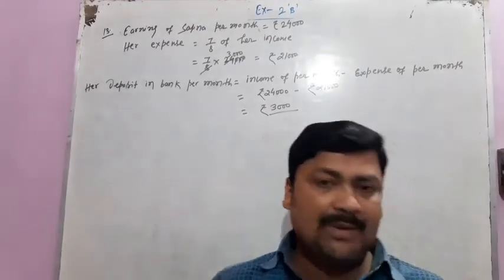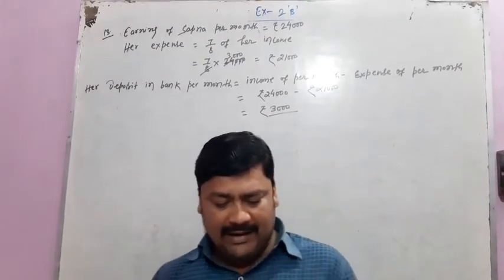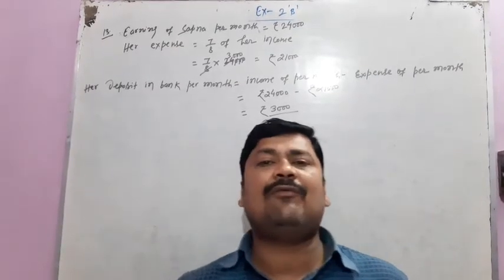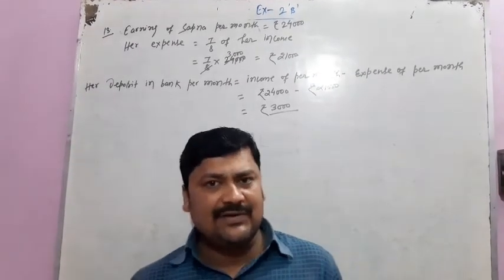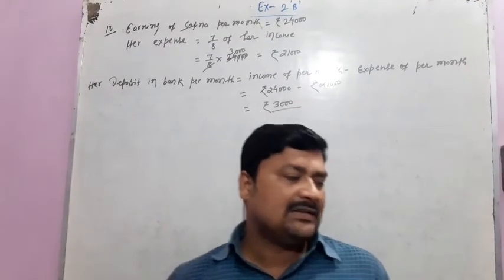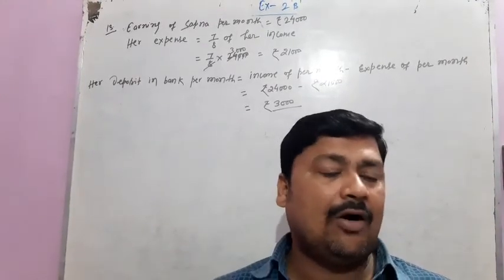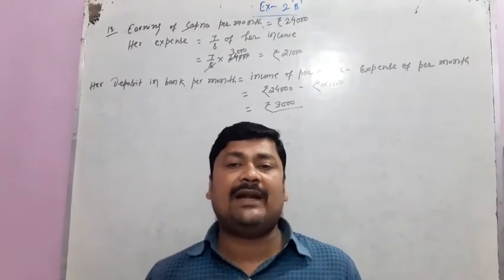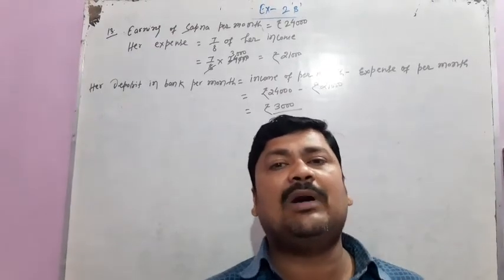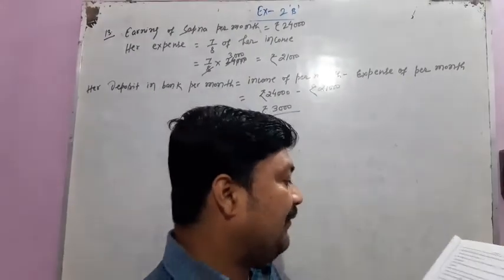Now, question number 14 and 15 both are the same. In both questions, we have to find the area. In question number 14, we have to find the area of a square. So, as we know, the formula of area of a square is side into side. Similarly, in question number 15 also, we have to find the area of a rectangle. So, for finding the area of a rectangle, we have to multiply its length and breadth.